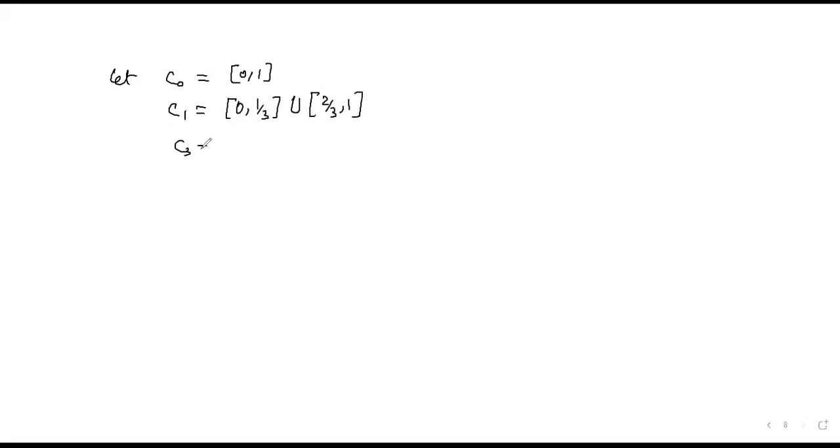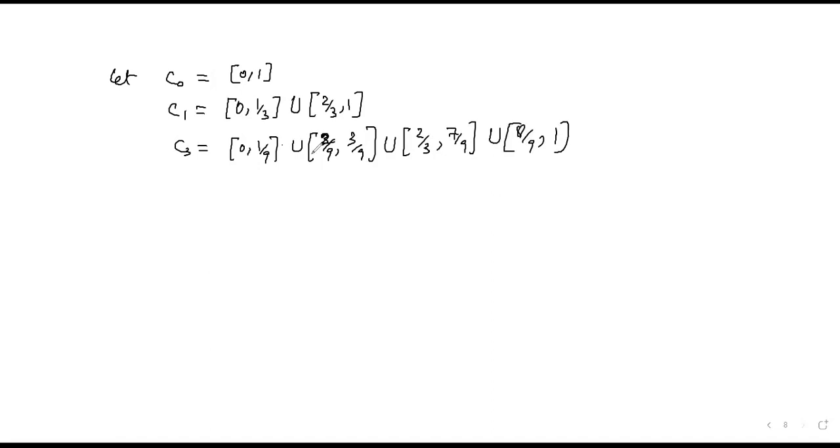And then you would have C3 को अगर मैं नाम दूँ और फिर 0, 1/9, 2/9, 3/9 खत्म, union 1/9, 2/9 खत्म. So you should have 3/9, 2/9, 3/9 बचेगा. Union फिर होगा 2/3, that's 4/9. You should be 2/3 to 7/9, 7/9, 8/9 खत्म, union 8/9, 1. इस तरह से अगर हम करते जाएं, so on and so forth, and let C be equal to intersection n runs from 1 to infinity Cn,